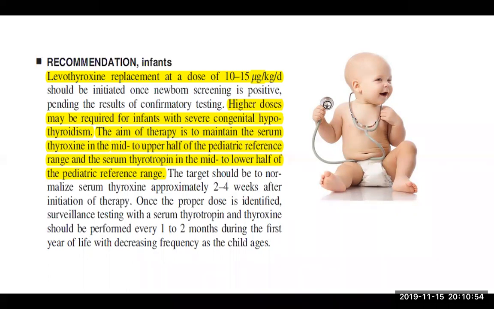For example, if we have a baby who is born, his weight is 4 kilogram, multiplied by 15, you must expect that the initial starting dose of levothyroxine for this new baby will be a 50 microgram tablet daily. This is the same for young children, for example with weight 10 kilogram, and with advancing age, this replacement dose will be less, until in adulthood it reaches 1.6.